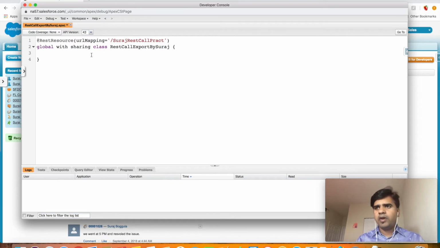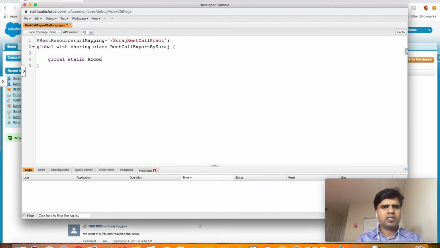So now let me write a method. Generally, how do you write a method? You write public, the return type, and the method name, right? So here you're going to use the keyword global, global static. Now I want to return some account information. So I give my return type as account, and I mark the method name